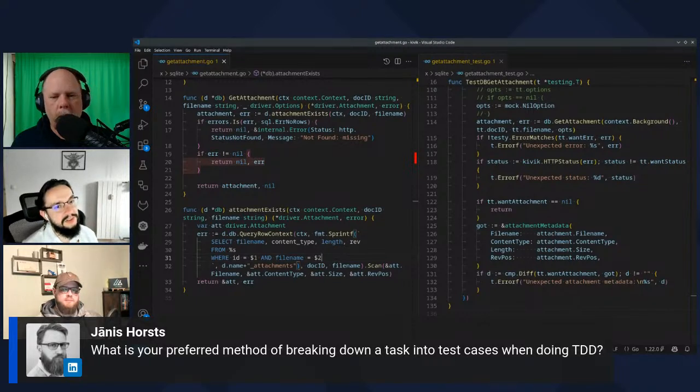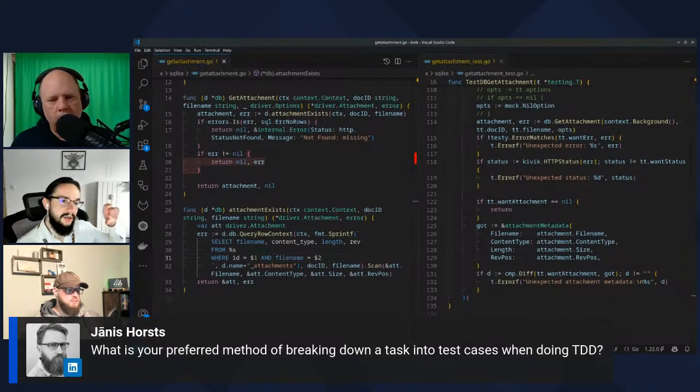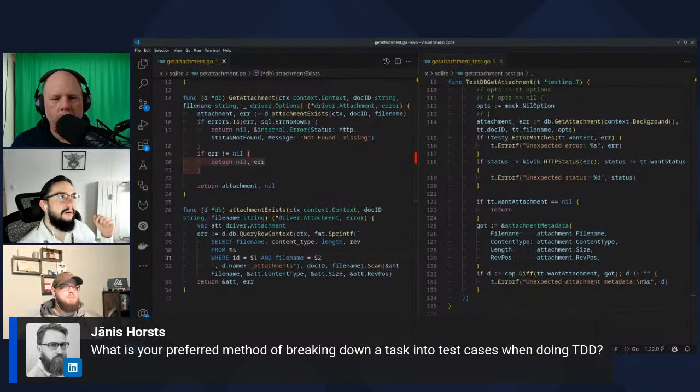What's worth mentioning is that, Jonathan, if you had mentioned to me that this is a sparse situation, right? So our API is such that the user has access to many documents, and the get attachment is one of sparse search.